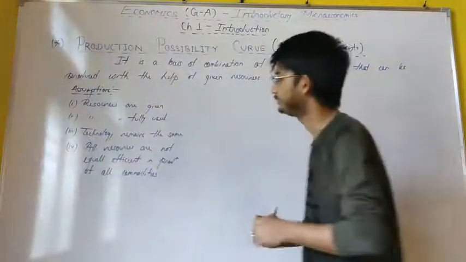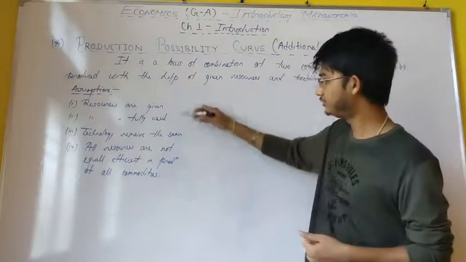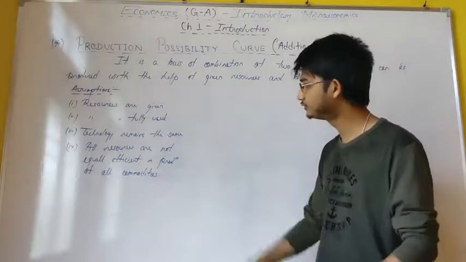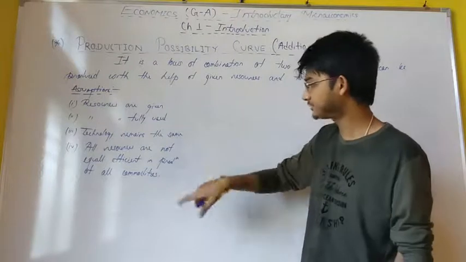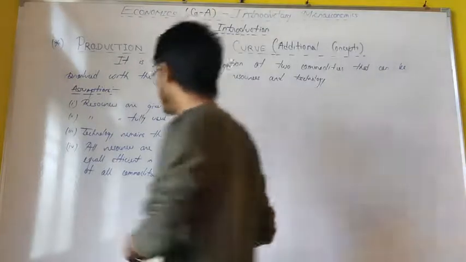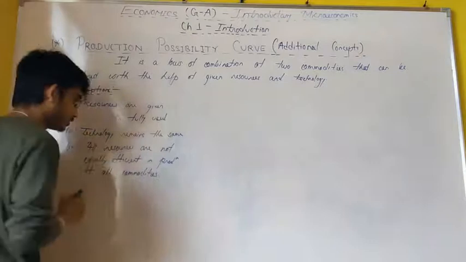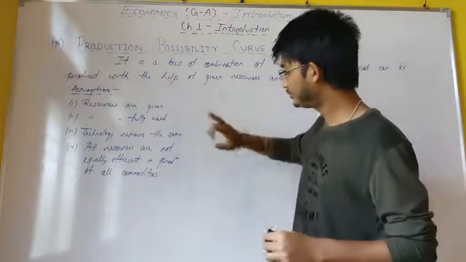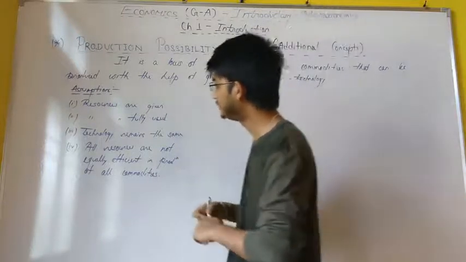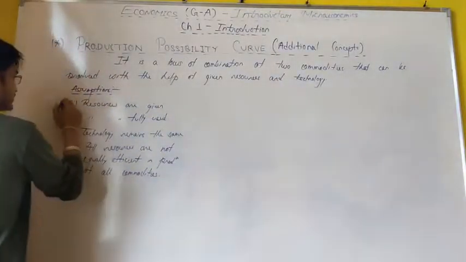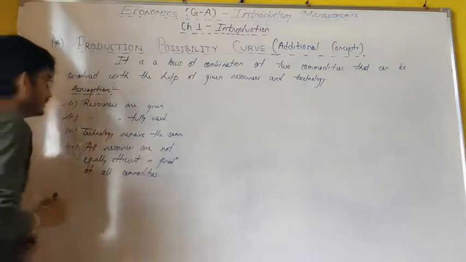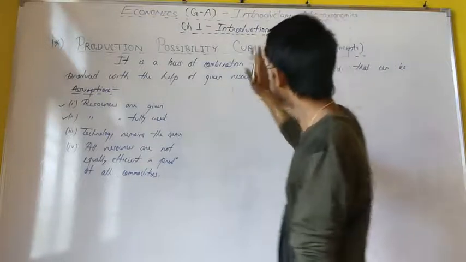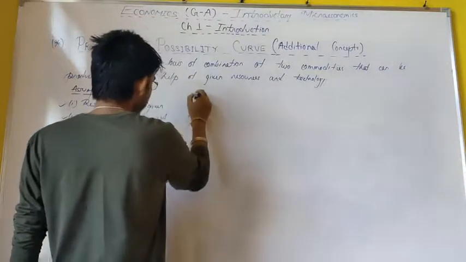These are the assumptions of the production possibility curve: resources are given, resources are fully utilized, technology remains the same, and all resources are not equally efficient in the production of all commodities. In today's video, we will focus on the first two assumptions: resources are given and resources are fully utilized. So the first thing that we will discuss today is something called